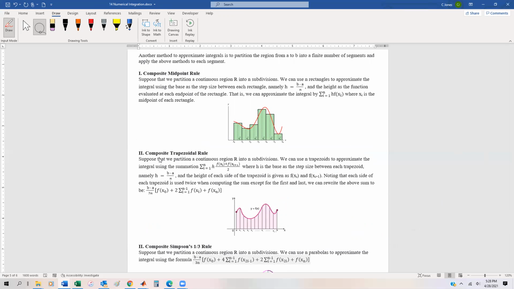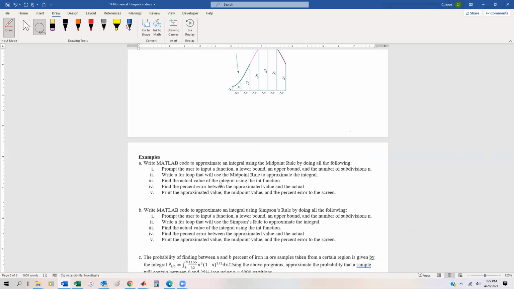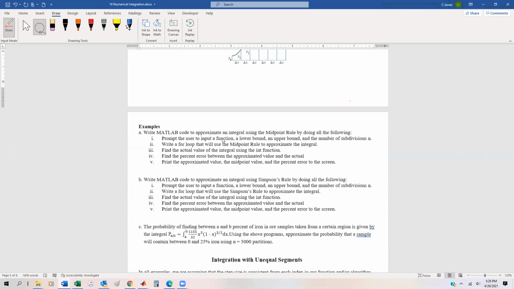And I'm going to leave you to work the trapezoidal rule as an assignment problem. So what we're going to do is first prompt the user for the input: the lower bound, the upper bound, the function, and then the subdivisions. We'll find the actual value, and then we'll write a loop that finds the midpoint rule,